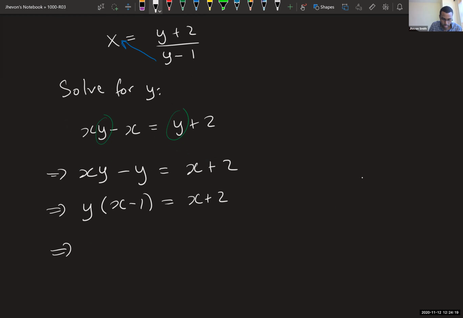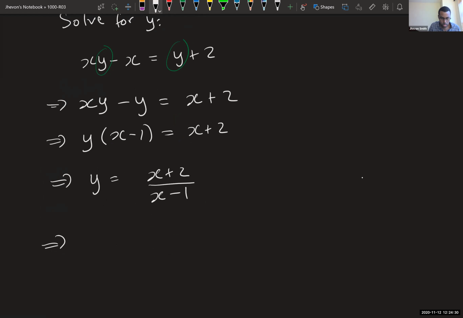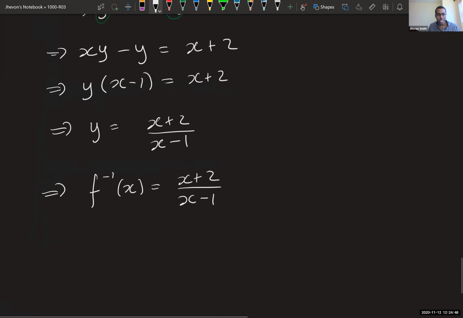And then you would actually divide. And so this would be your f inverse. And you'll notice this is actually the same as the original. This is not true in general. I just made an example off the top of my head. So it's possible for a function to be its own inverse, but